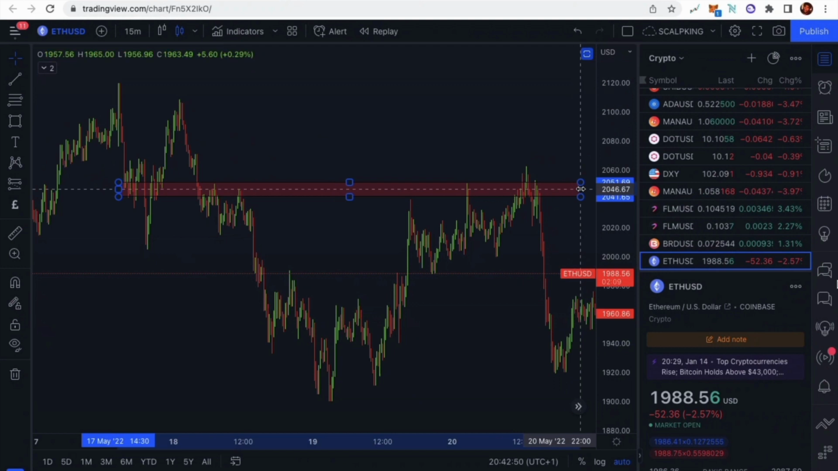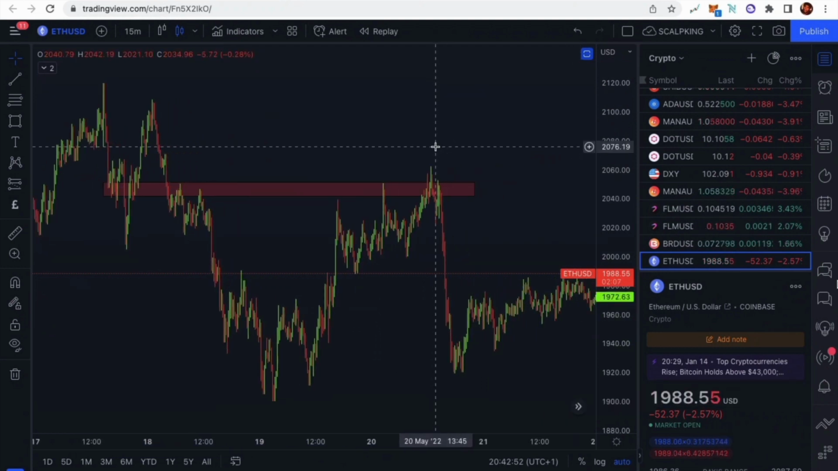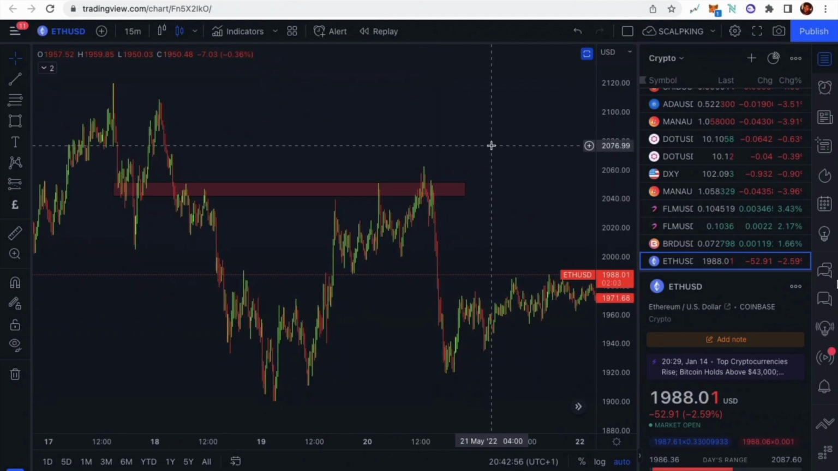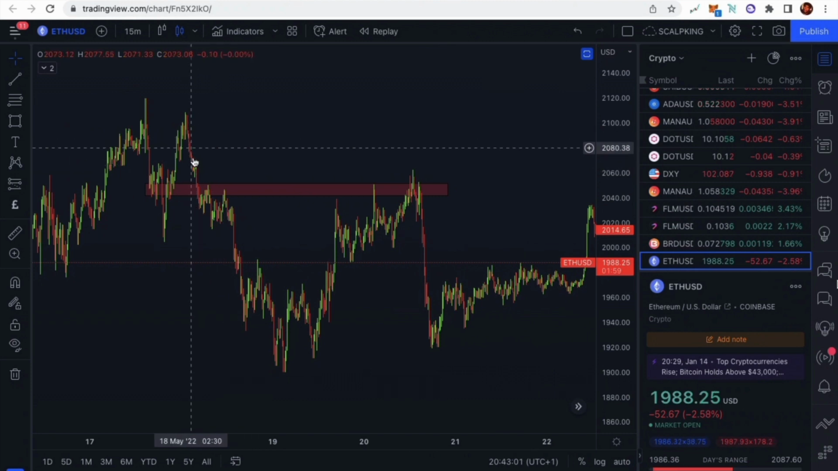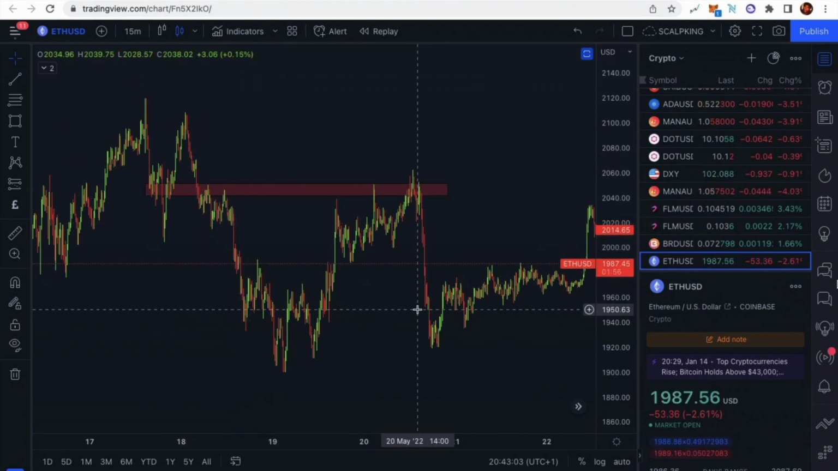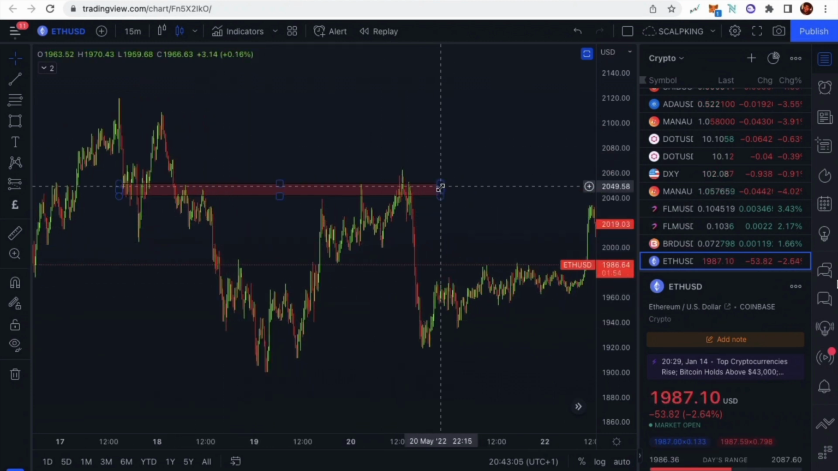They're food for the institutions. So in order to trade support and resistance profitably, you have to have multiple confluences, just like divergences or understanding the structure of the price, etc. So here is an example